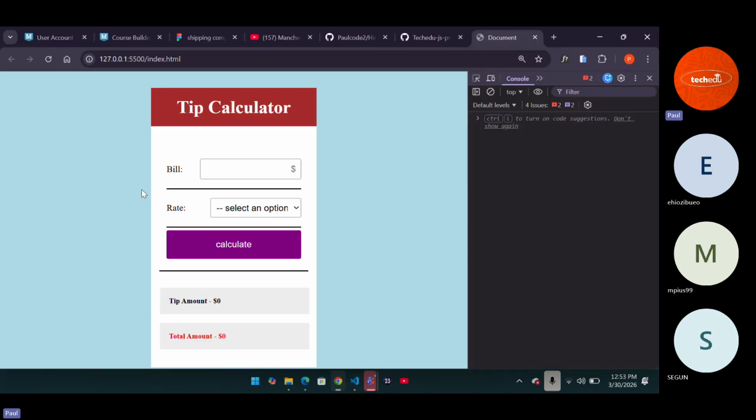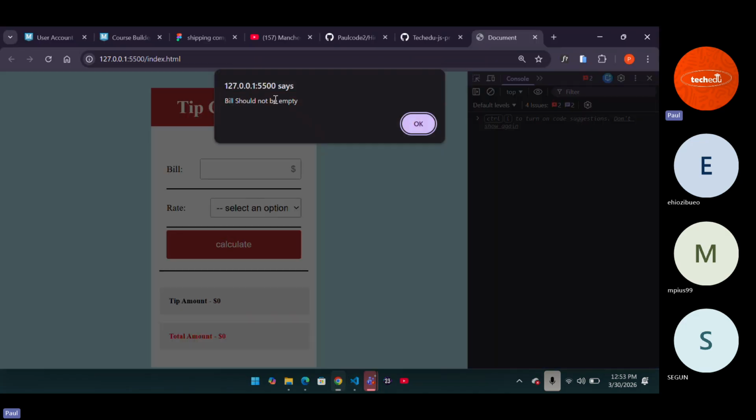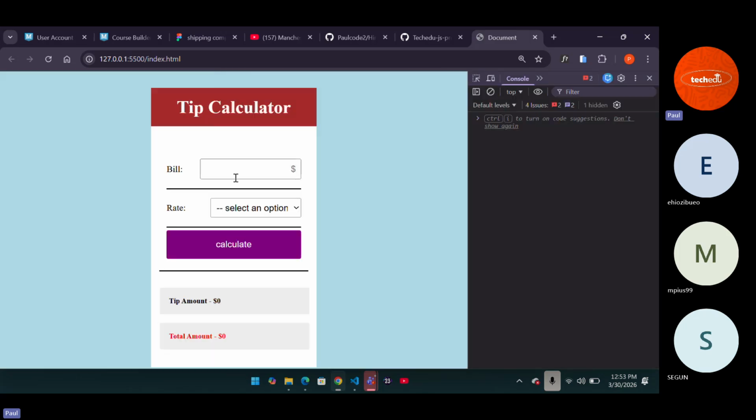I'm going to refresh. I'm going to click on calculate. As you can see, bill should not be empty. It's working now. If I put something in and I press calculate, as you can see, it's not going to give me bill is empty again because bill right now is not empty. Do you get it now? Now that's the first thing. Now the second thing